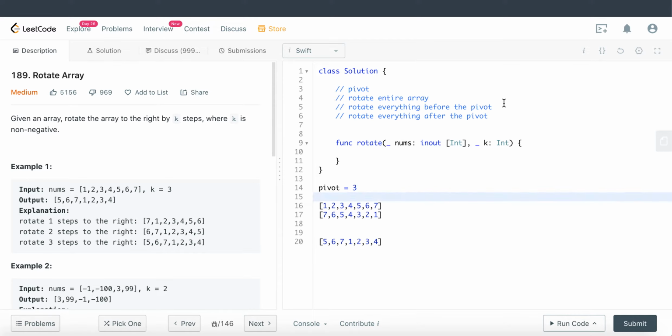As explained here, the next step is basically to rotate everything before the pivot, which is here, the 765. So let's rotate it. We will get 567, 4, 3, 2, 1. Let's take a look at this. 567 is exactly what we need. So all the numerical numbers before the pivot point have been rotated, and it looks like that matches our